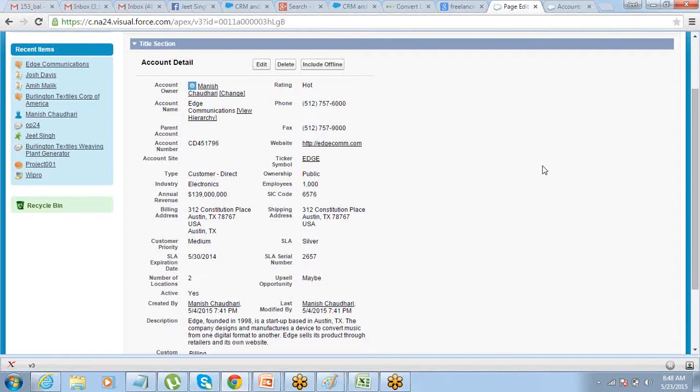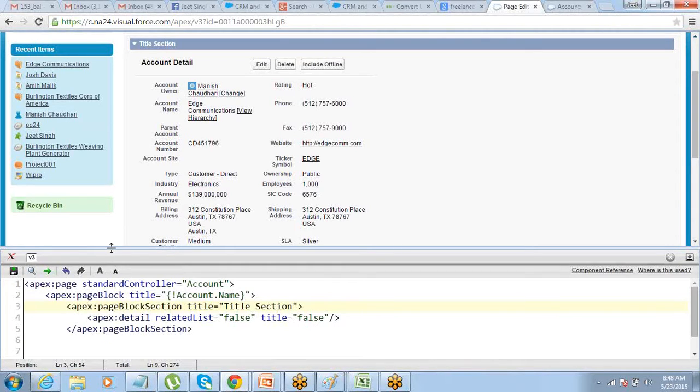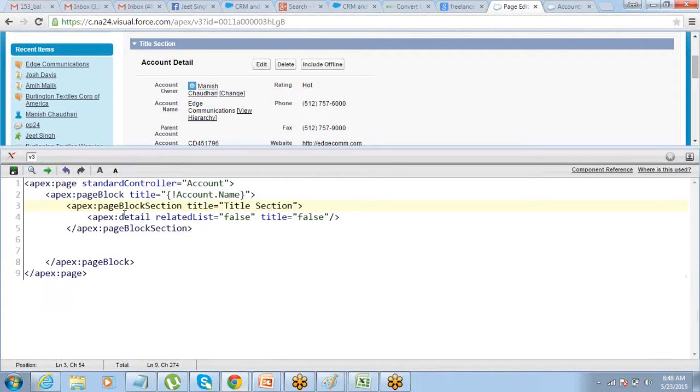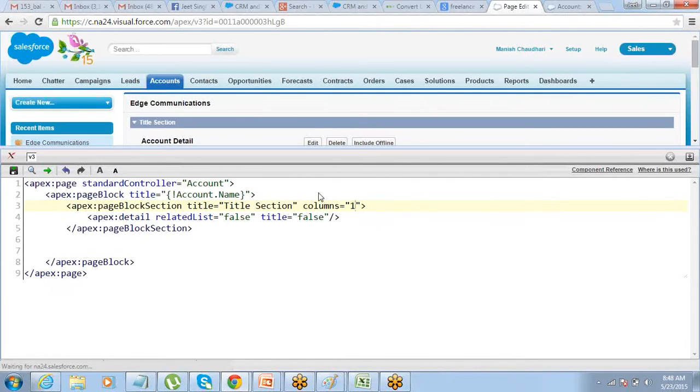That is the reason why this side is blank. If you just want this component to cover the entire area, then you just have to change the number of columns on the page block section. In page block section there is an attribute called columns. You can just make it 1 and save it.